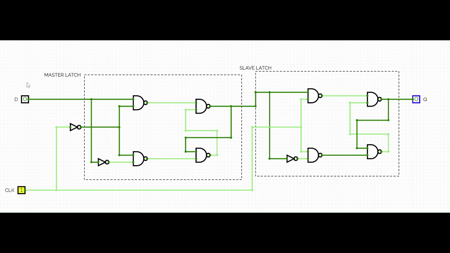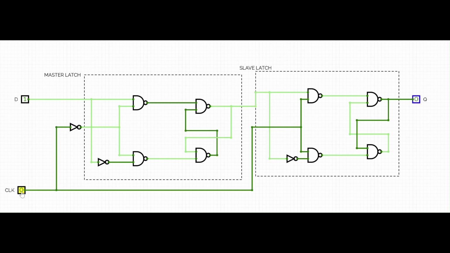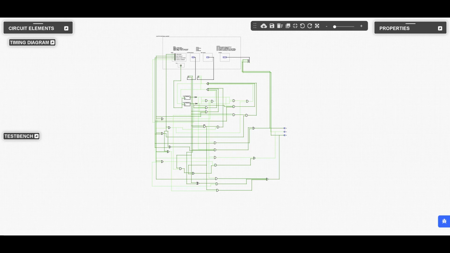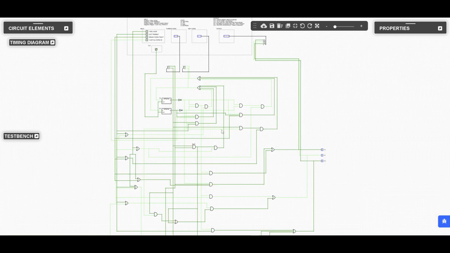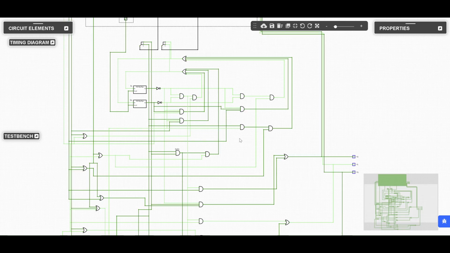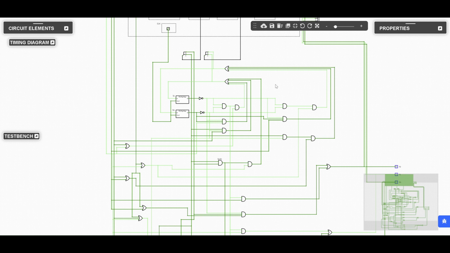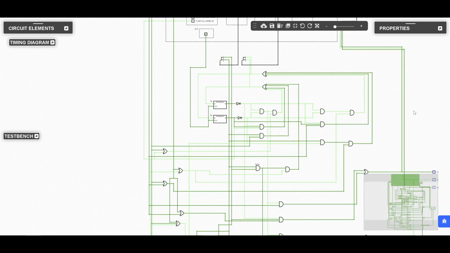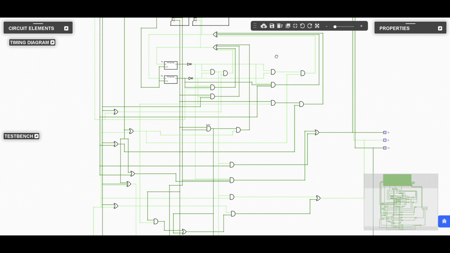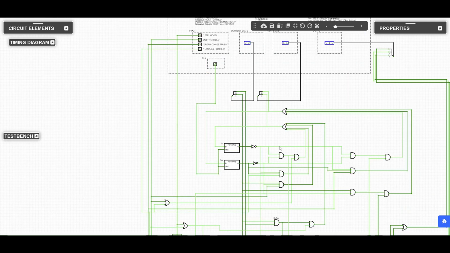For example, if the next state is now 1, you have to click the clock 2 times to update the current state. So 1, 2, and now the current state has been updated, because in the master-slave flip-flop, the current state is updated when the clock changes from 0 to 1. And as you can see, here is the complete circuit, with a combination of a lot of NOT, OR, and AND gates as the logic expression of the next state and the output, based on the combination of the input here and the current state.